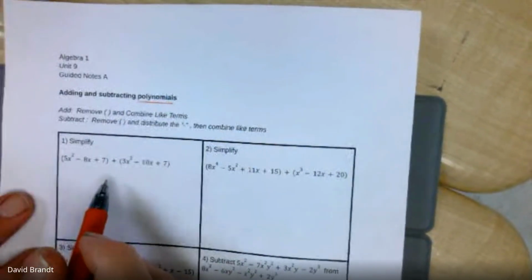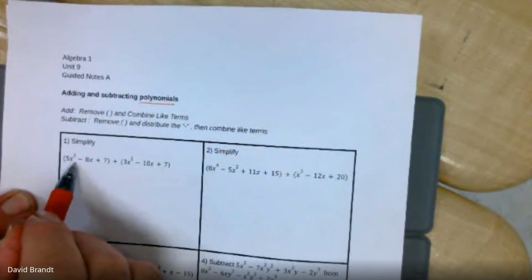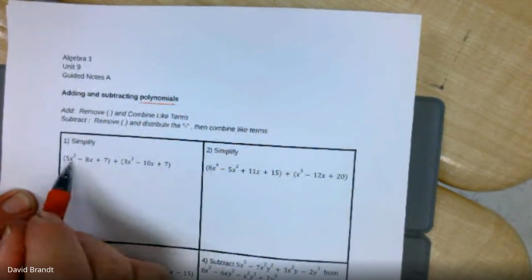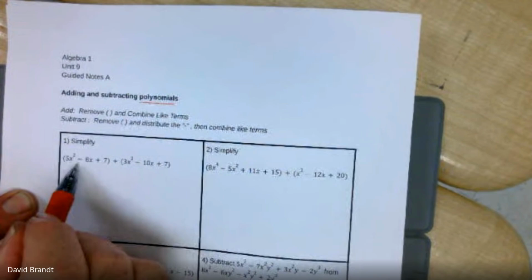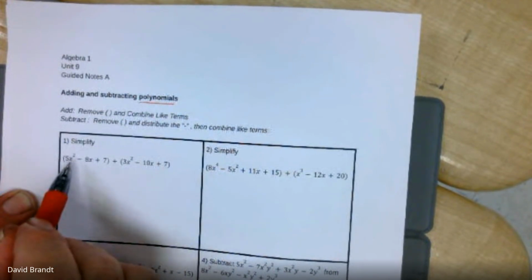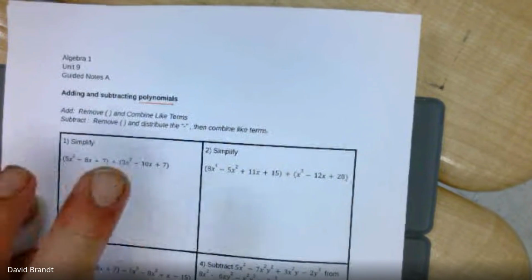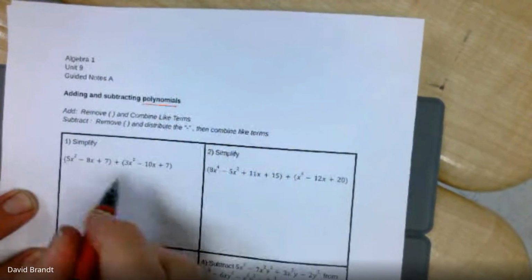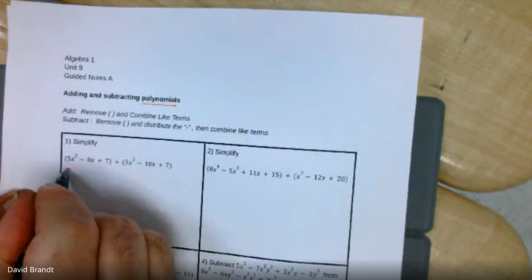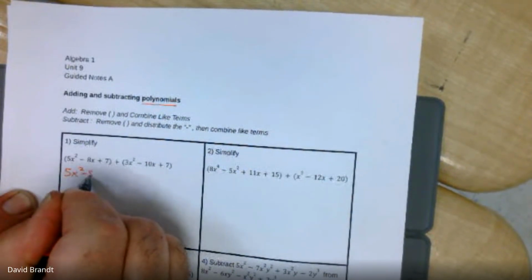So let's look at the first example. Hopefully you remember what 3 terms is. This is 3 terms plus 3 terms. What is 3 terms called? It's called a trinomial. What's degree 2 called? That's called quadratic. So see, these are both quadratic trinomials. Now for a plus sign, you simply drop the parentheses,